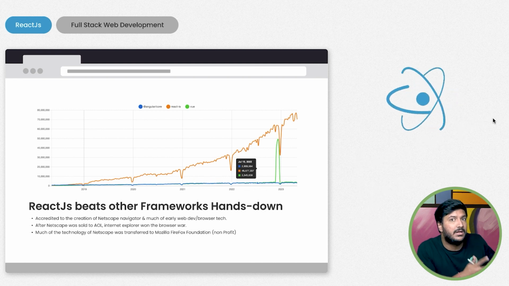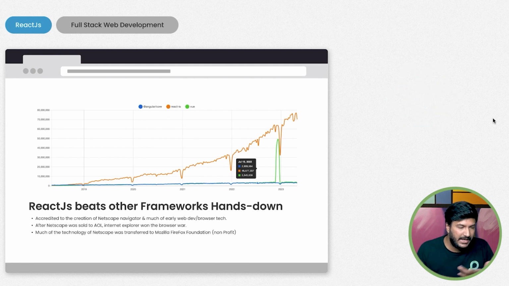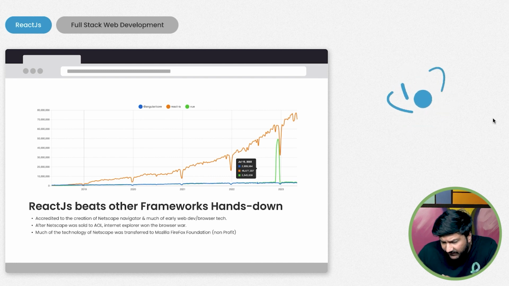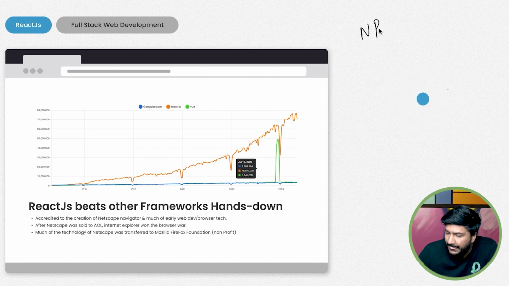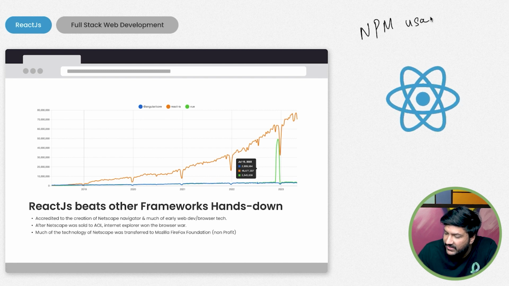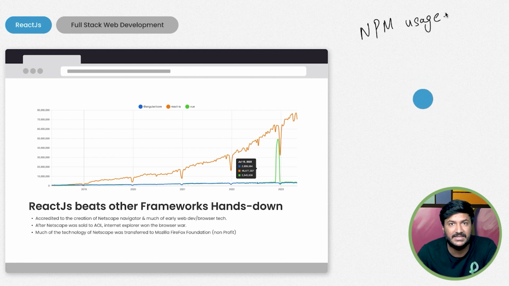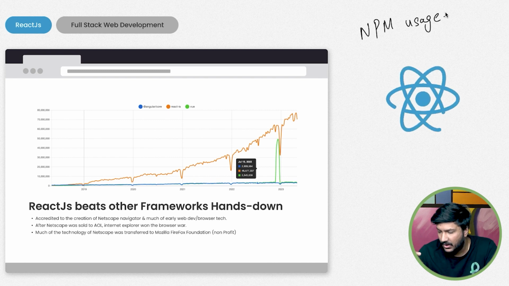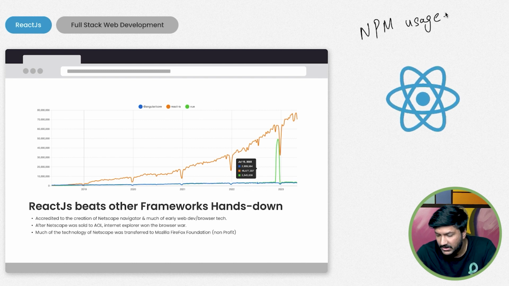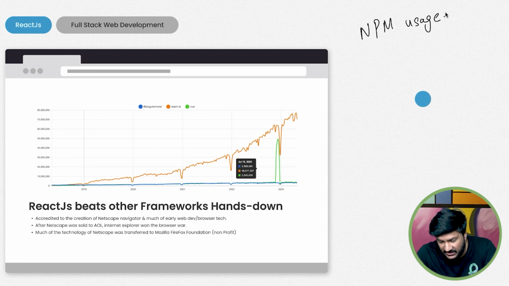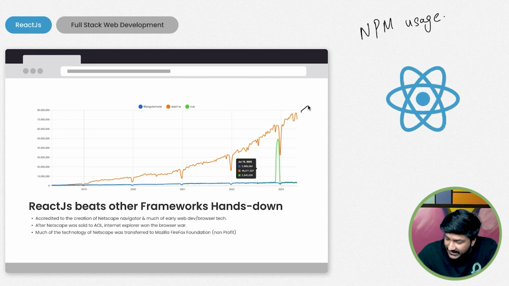Now, why should we learn React and probably not any other language? If you look here, this is the graph of the npm usages. Obviously, we use npm to install our dependencies, like earlier we were using Express. Now, obviously, for React also, we'll use it. Let's say if we are using the MERN stack, we are obviously using Node, and in that case, we want external dependencies to be installed. So we use npm.